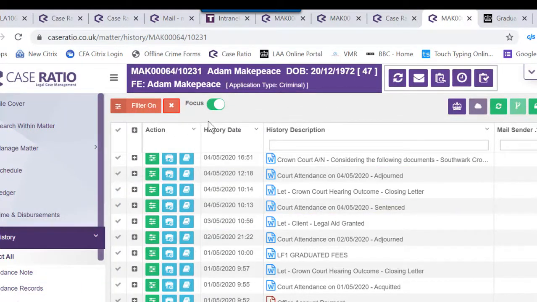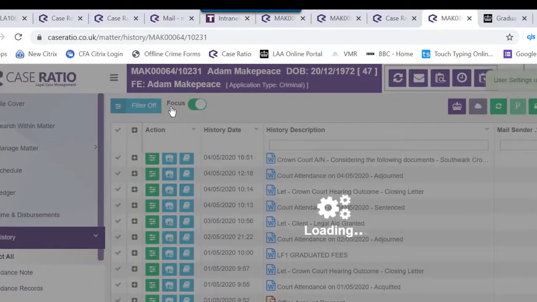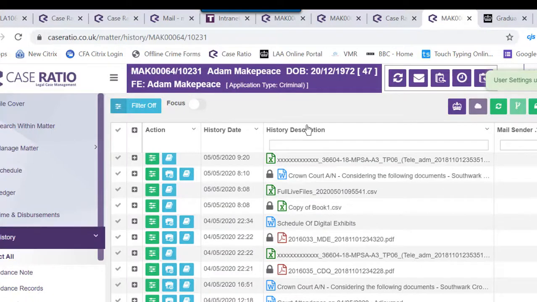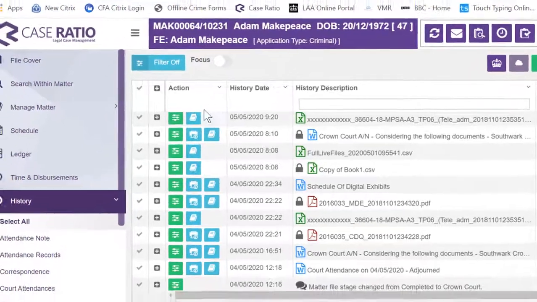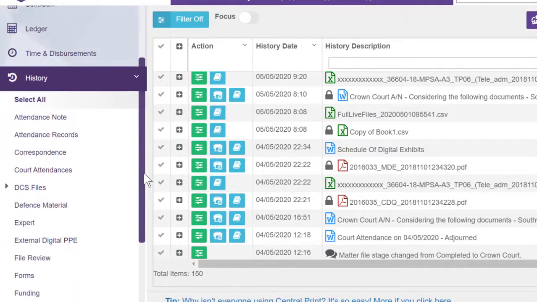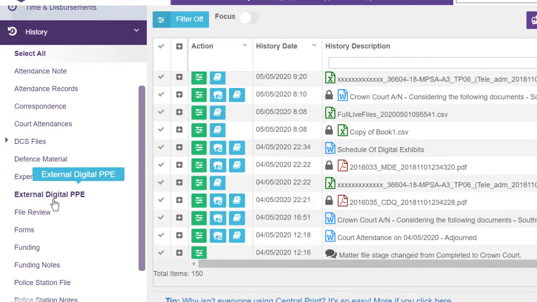If you want to see those in the history, you can just remove the focus view, but then you will get a sort of pretty cluttered history involving lots of internal emails, lots of external documents that you've uploaded, and lots of DCS documents mixed in. Probably the best way then to manage that is, if you are wanting to review such matters within the history,